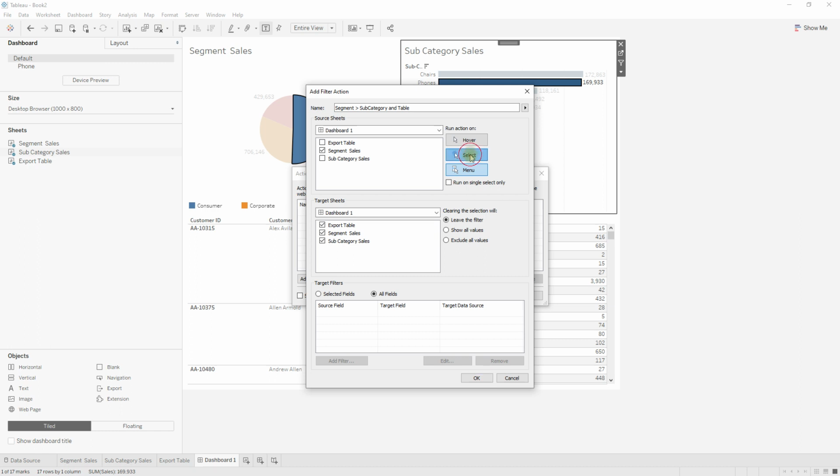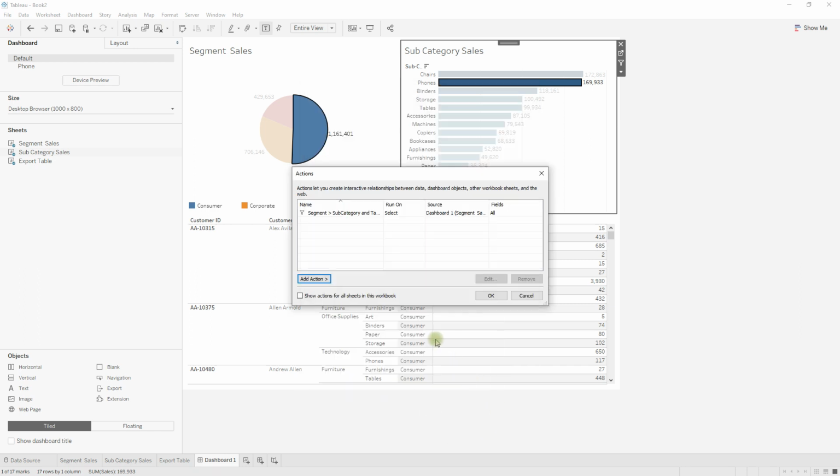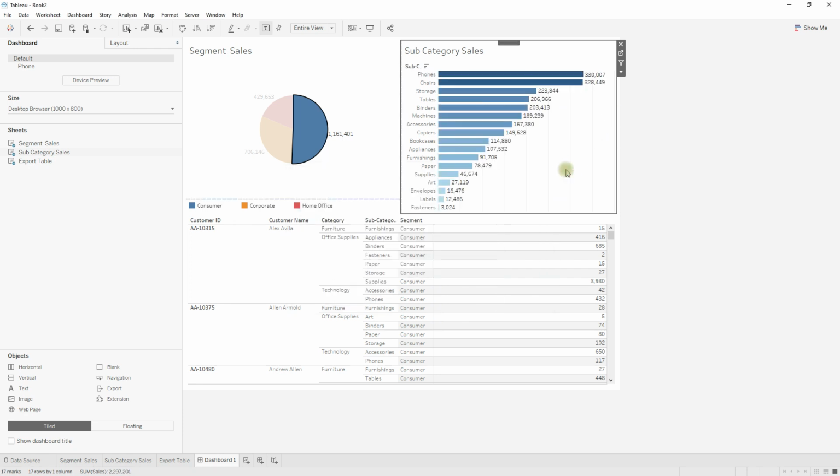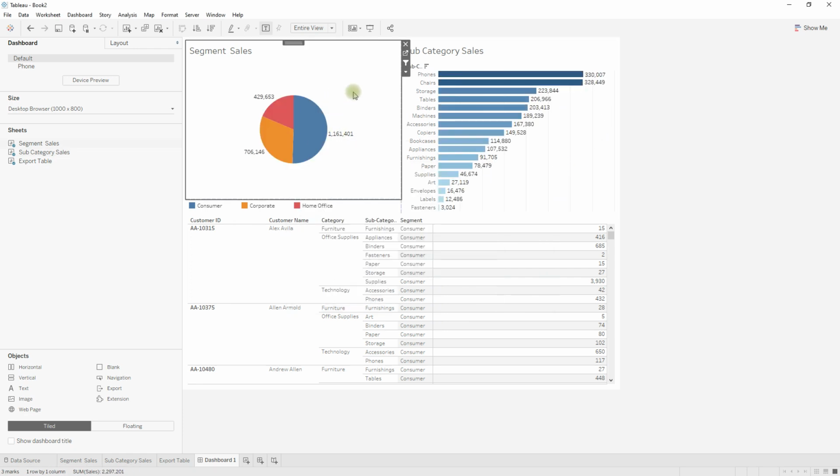I'm going to run the action on select. Clear the selection will exclude all values, so that the sheet is hidden when the user clears the action. Target sheets are the crosstab table and subcategory, and then click OK. Click OK. So let me show you the output.